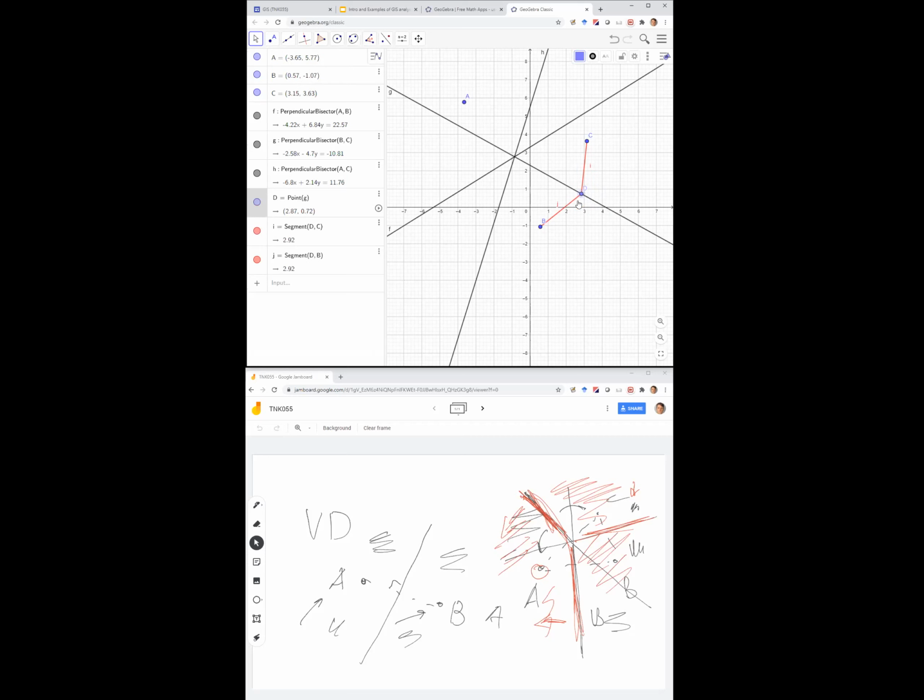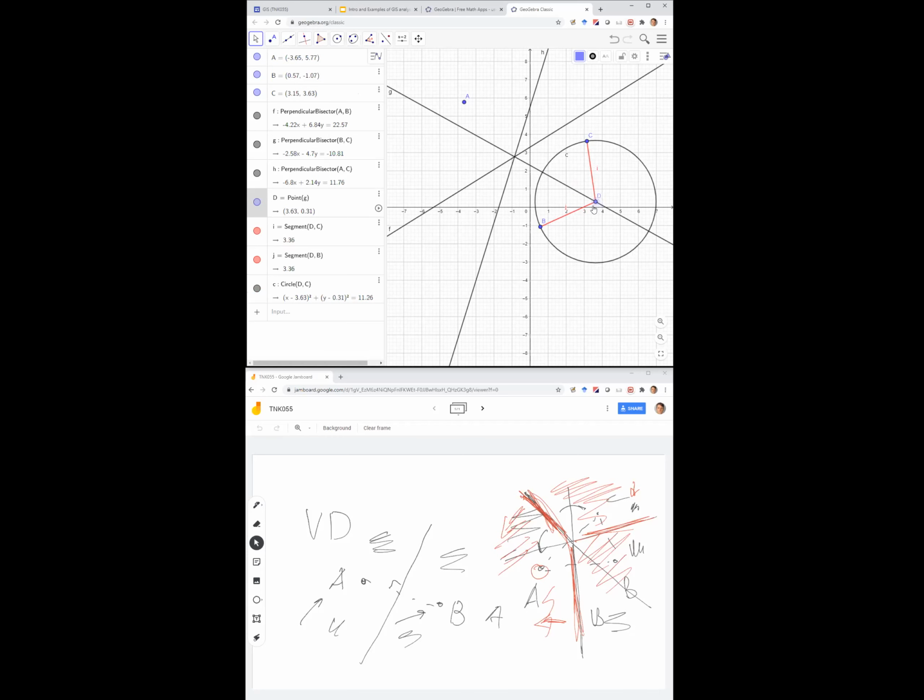I can visually see that the distance to B and to C are the same, but you can also watch over here at the lengths of the segments and see for yourself that no matter where the point is on the bisector, the distance is the same. In particular, we were talking about circles. So if I draw the circle with this center and this radius, then no matter where the center of the circle is on this line, the circle will pass through the 2 points, because that's the radius of the circle, which is the distance to the 2 points.